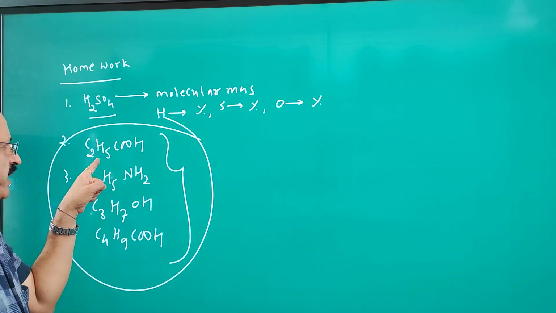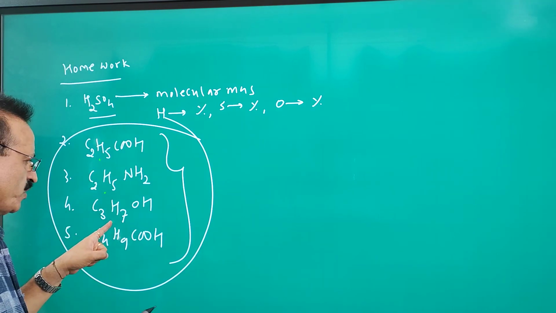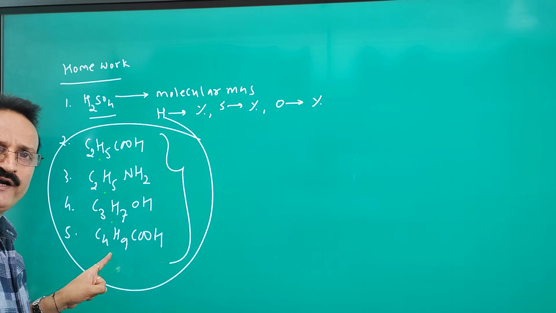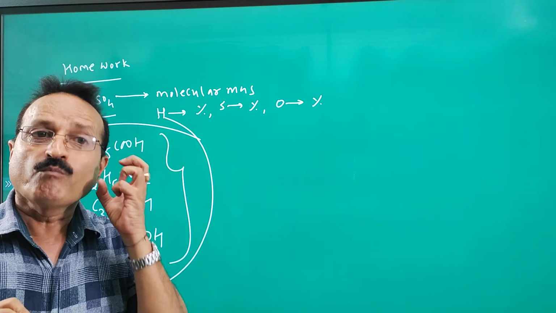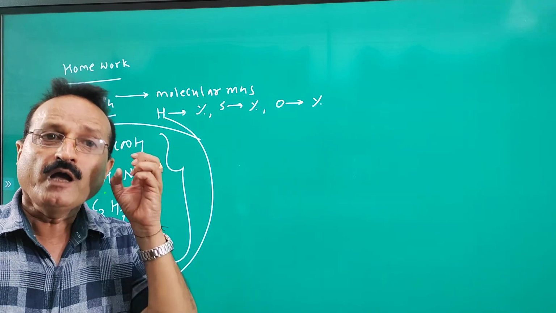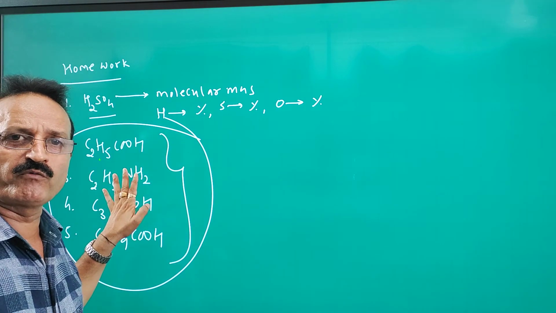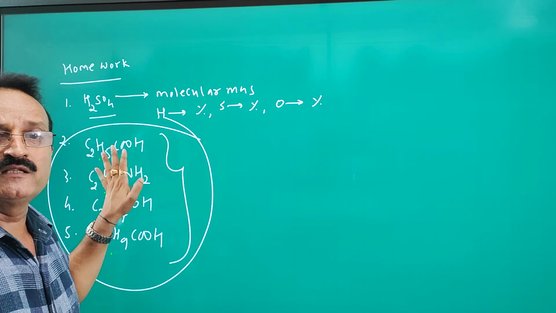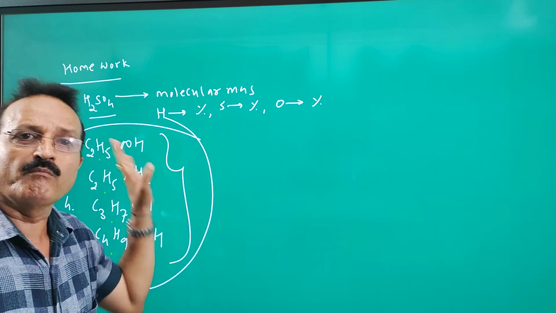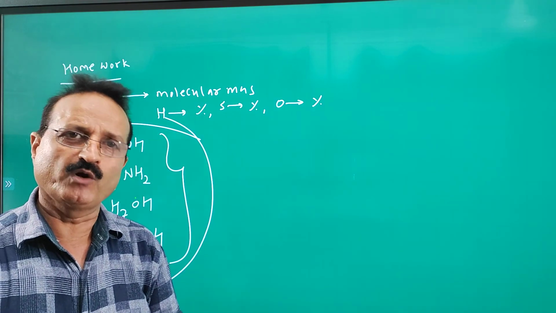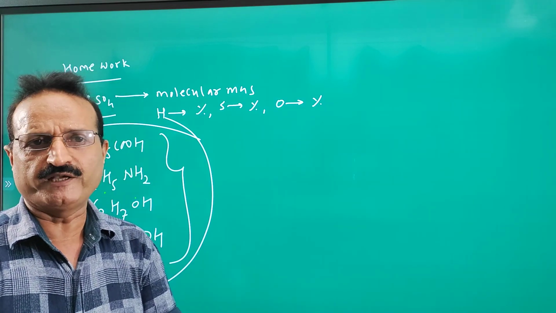First you will find the molecular mass. That will be used in the formula. Then you will get the percentage of the element, because the molecular mass is required in the formula. So the 5 sums are for the molecular mass, and then we will get the percentage of elements in the given compound after finding the molecular mass of the given molecular formula. So it is double practice. I think the topic is clear.